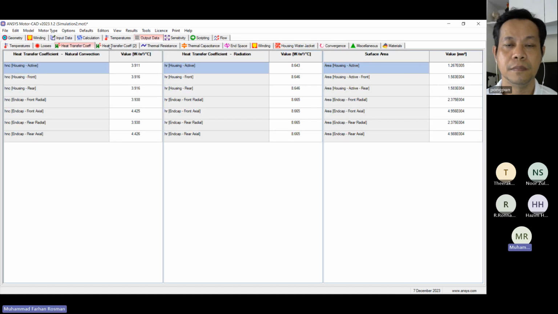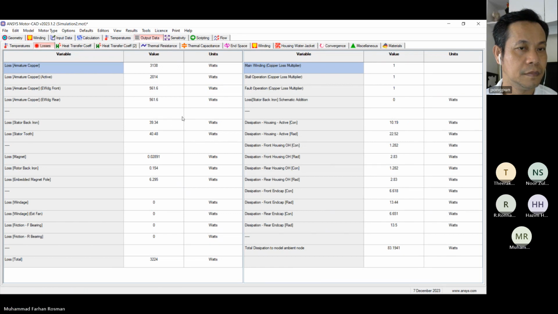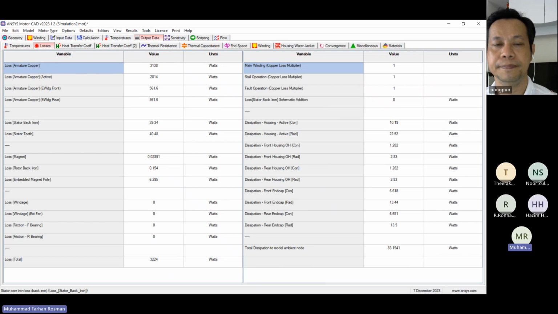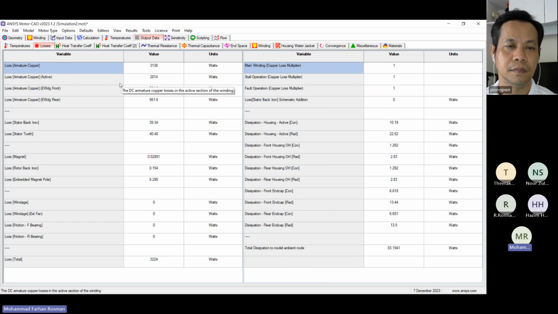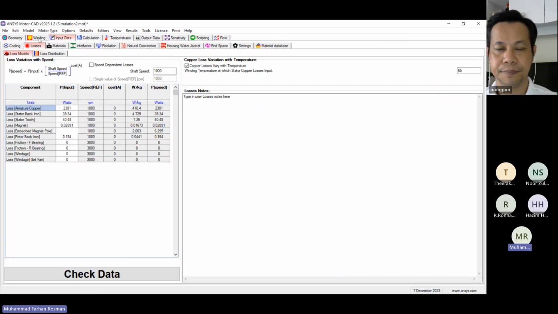So these are all the numerical results. Next, what we're going to do is look at the simple transient simulation. So this is for the steady state. For doing the